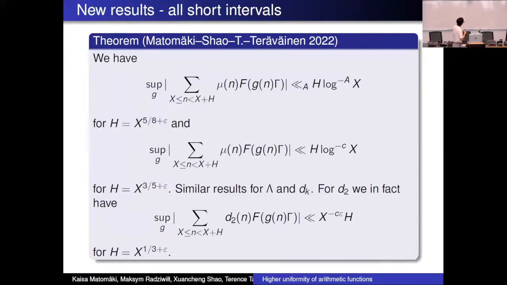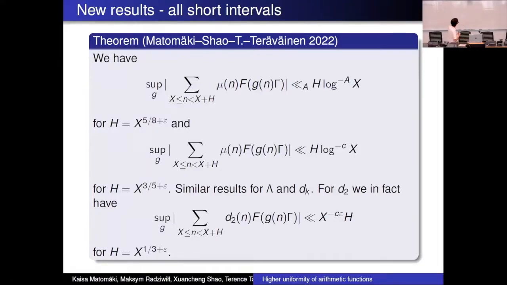if you only want to save a small power of log x, you can drop from 5/8 to 3/5. And it's the same thing: you can restrict this to well-factorable numbers, and then the decompositions become a little bit better. Because we're saving a big power of log x here, we have a similar theorem for Mangoldt and d_k. But for this result, because we're only saving a small power of log x, there was actually no analogous result for Mangoldt. Actually, for d_k, maybe possibly it's still true, but I didn't think about that.